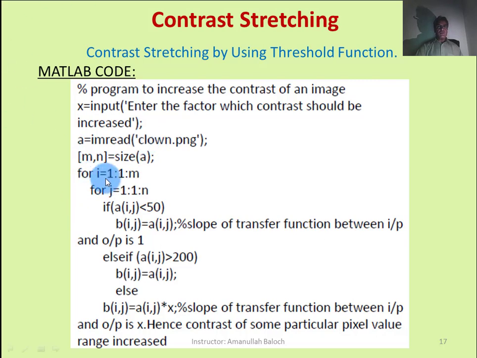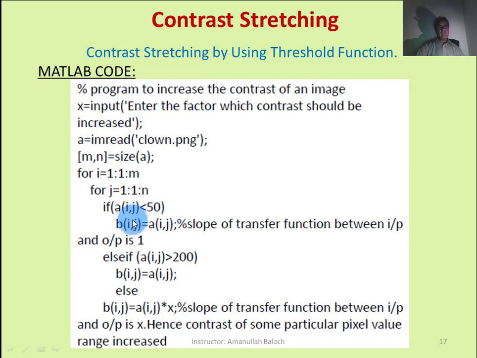The first loop is controlling the rows of the input image, and the second for loop is controlling the columns of the input image. This if statement is actually observing each pixel value. If the gray value of the pixel is less than 50, then it shifts that input image pixel into the enhanced image as it is, without multiplying any factor.